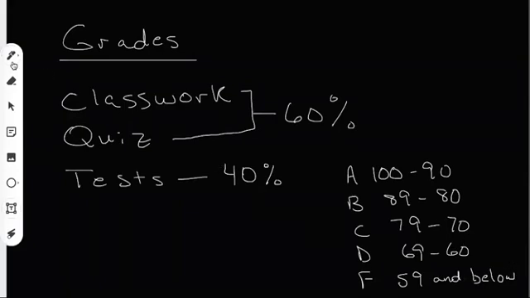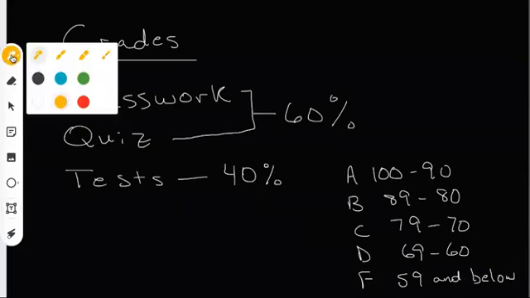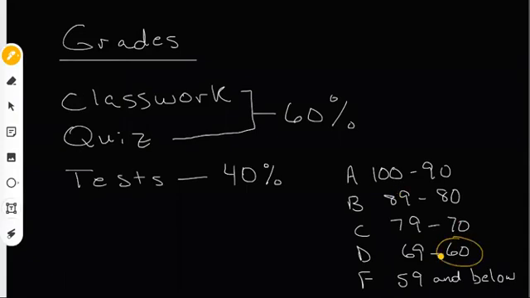So the lowest passing grade is going to be that 60 right here. Not that you're shooting for it, but that's the lowest passing grade that you can get. Okay? And that's basically grades. I'll leave this up there for a few seconds so you guys can copy that down. And then when we move on to the next slide, I'll talk about what the class is actually going to be like, how it's going to be run, and how you're going to get your grades.